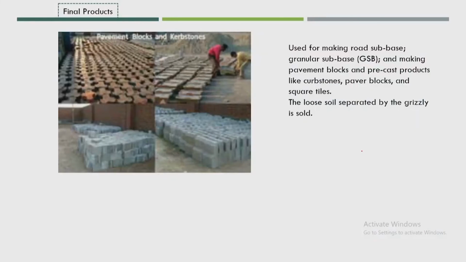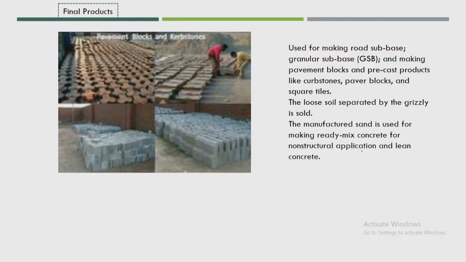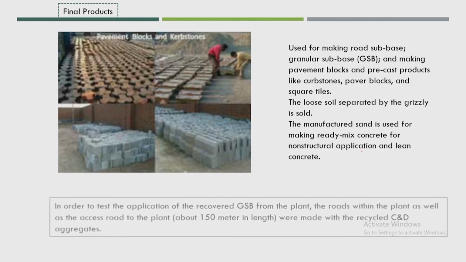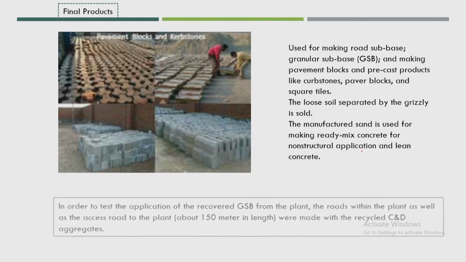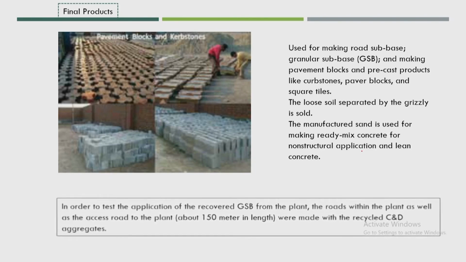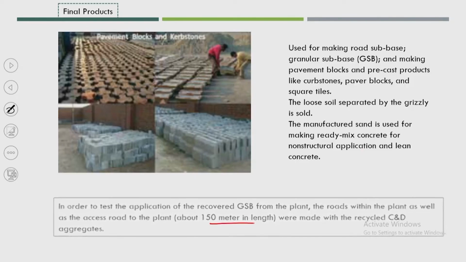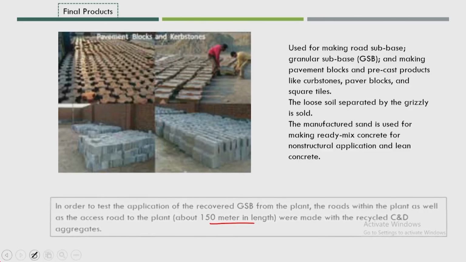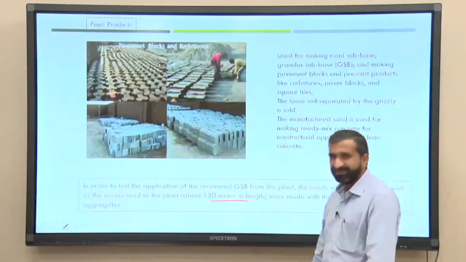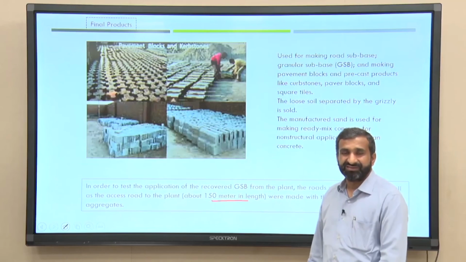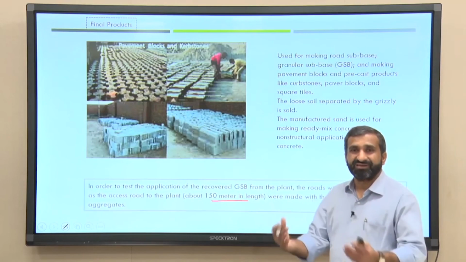And the loose soil separated gets sold, and manufactured sand is used for making ready mix concrete for non-structural applications. In order to test the application of the recovered material, the road within the plant as well as the access road to the plant, about 150 meters, was made from the recycled C&D waste. I think that was a good idea from this particular PPP project. They constructed their own facilities from recycled C&D waste, so that they can propose to other construction companies to